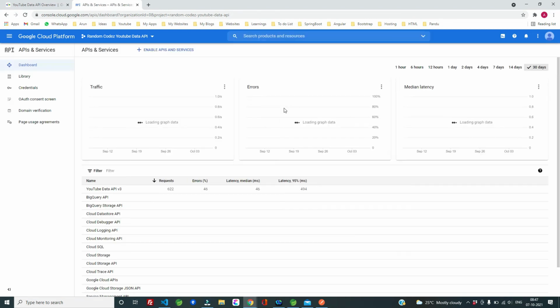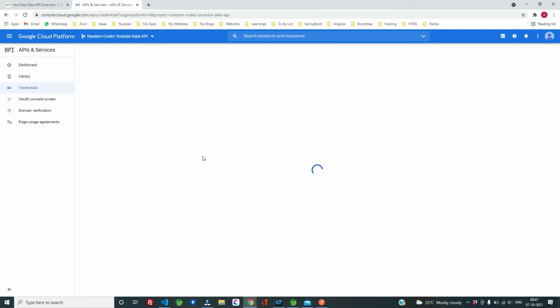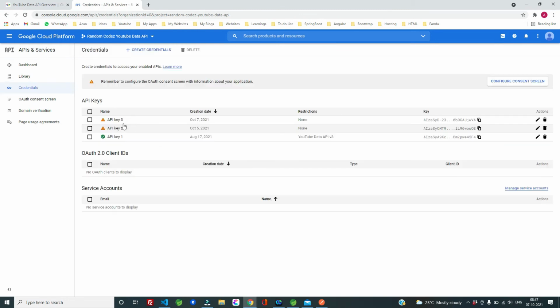So once you come back here, you have the project enabled and you have the service, I mean the YouTube Data API, already added to the project. And the next step is to create the credentials. So you just click on this credentials. Now we have to create an API key. So click on this create credentials.